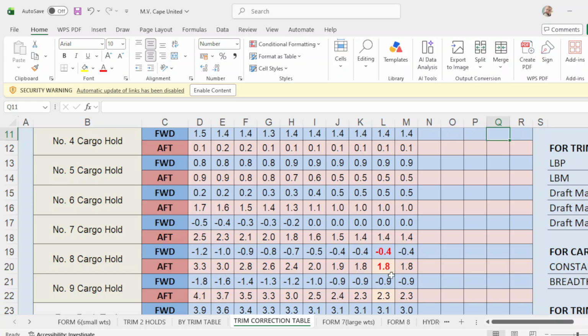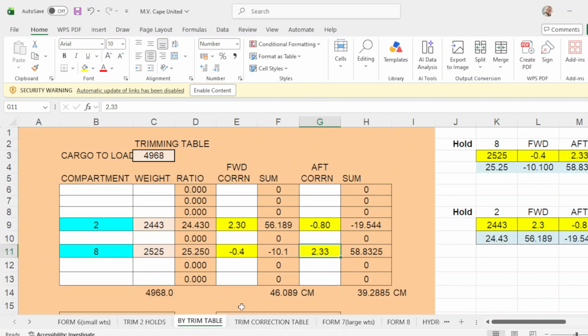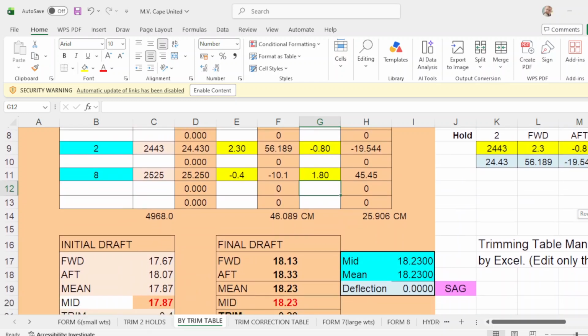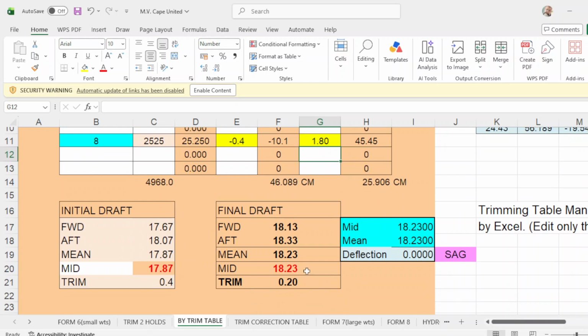Up correction, hold number 8, 1.8, put here 1.8, and your departure trim is exactly 18.13 forward, up is 18.33, main is 18.23, mid is 18.23, and trim is 0.20.